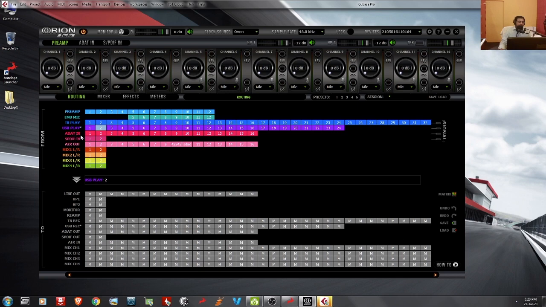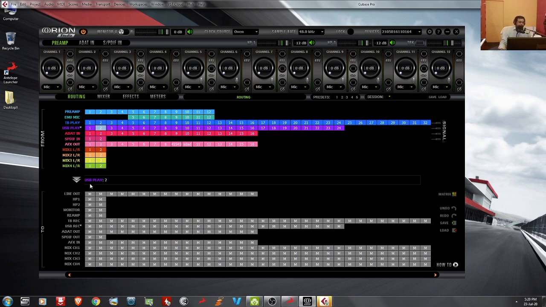Okay, next we have 16 ADAT inputs that you can see here. Our 2 SPDIF inputs are here. Then our AFX outs are here. So I will explain about Antelope FX later. Then we have 4 mixers here. Antelope has provided 4 digital mixers inside the control panel, so you can use that. There are 32 channels for each mixer, so there are 4 mixers here, and the main out, that is the master out of these mixers, comes here. That is mix 1 LR, mix 2 LR, mix 3 LR.